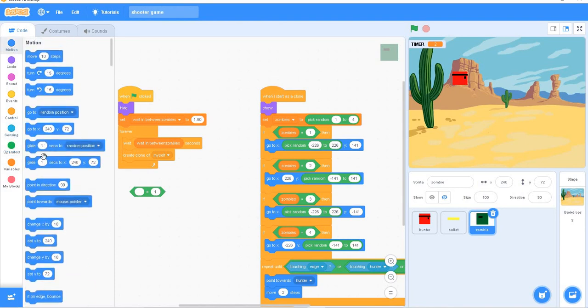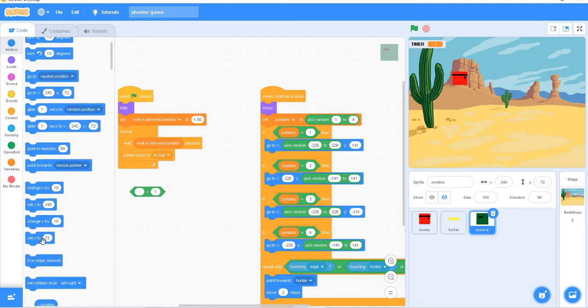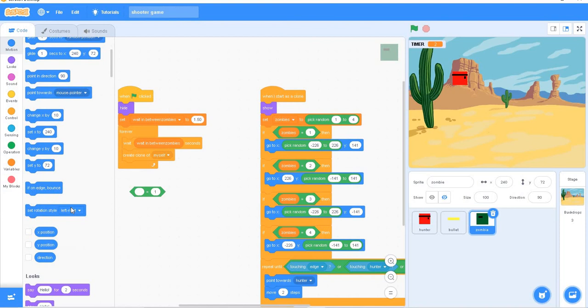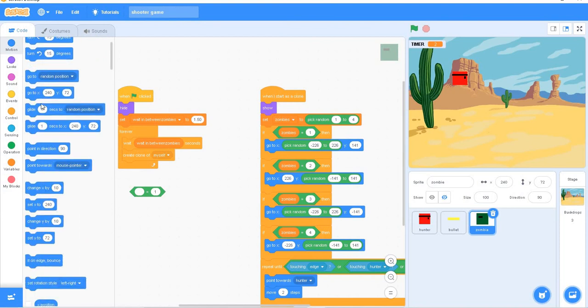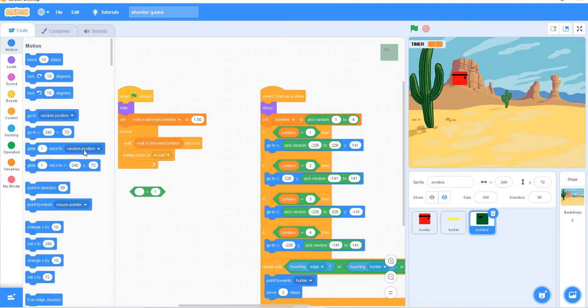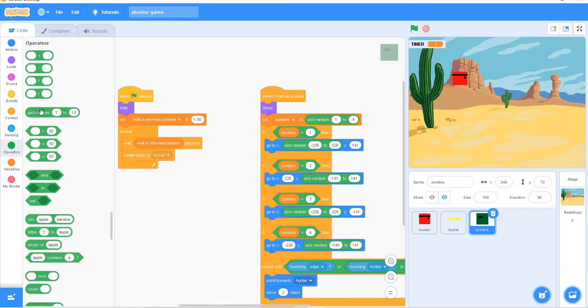From movement you have to take go to X, go to Y. So in the first block you have to put pick random from operator, from minus 2 to 6 to 2 to 6, and in the second you have to put pick random as well.